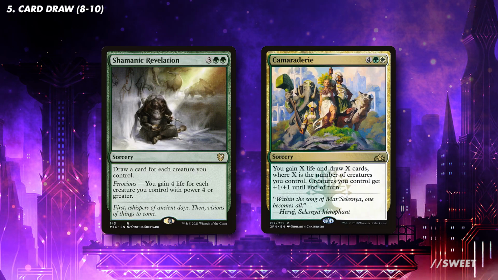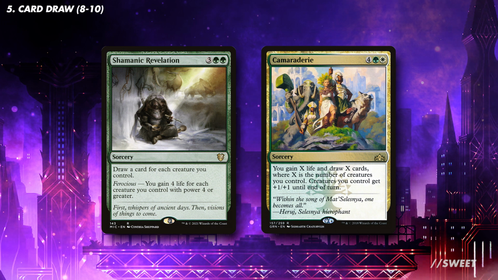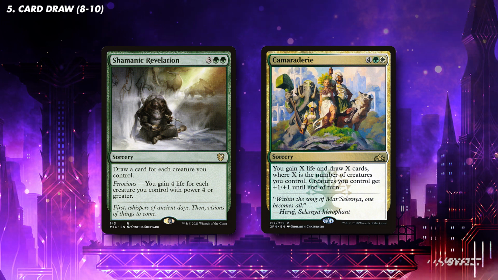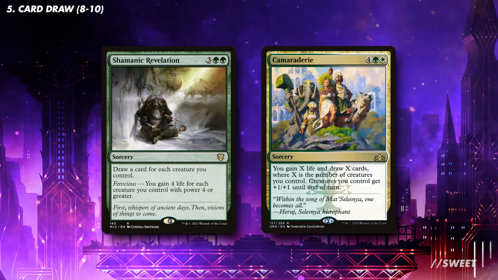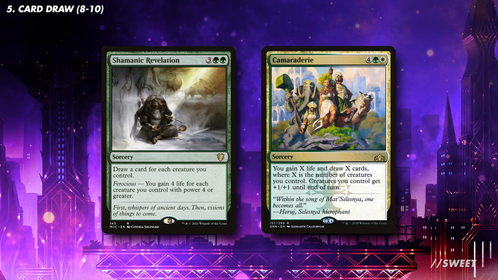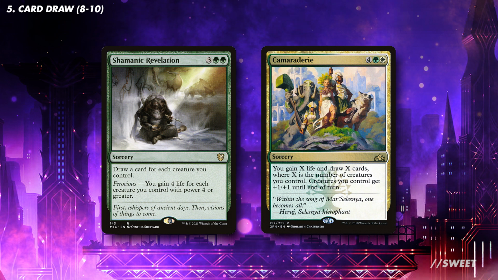Then we have spells like Shamanic Revelation and Camaraderie. These draw us cards equal to the number of creatures that we control. I'm aware these could be a little win more, but the fact Shamanic Revelation can gain us a ton of life if we have our commander out and buffing our team, and then also Camaraderie further adds to that buff,